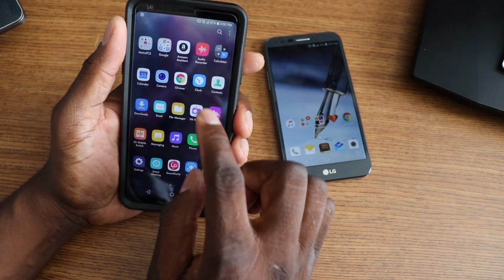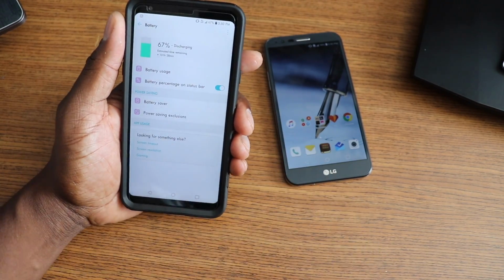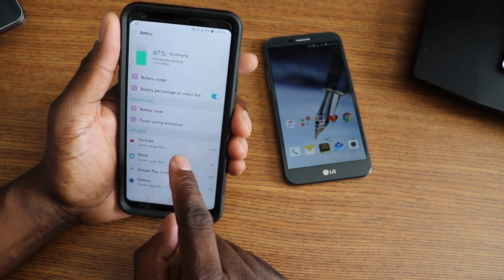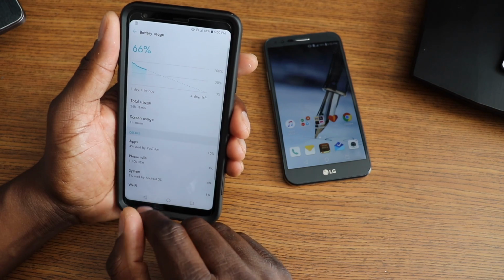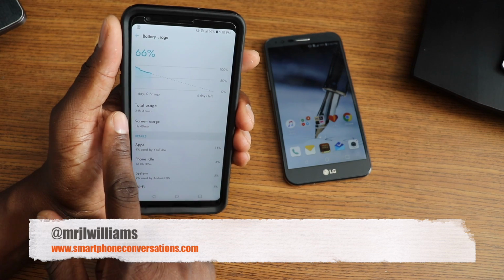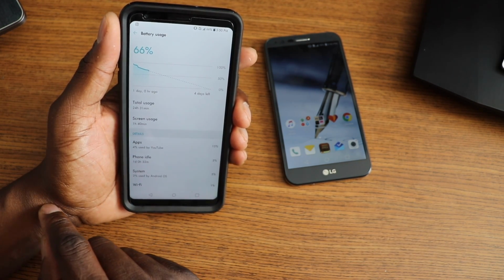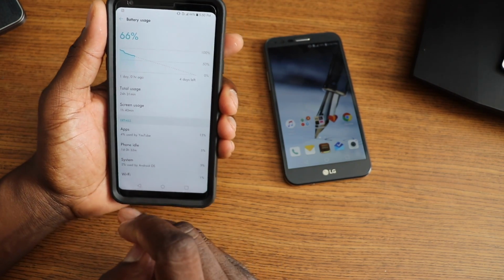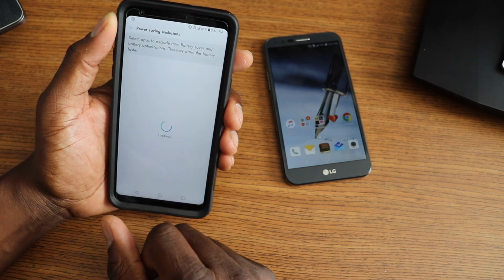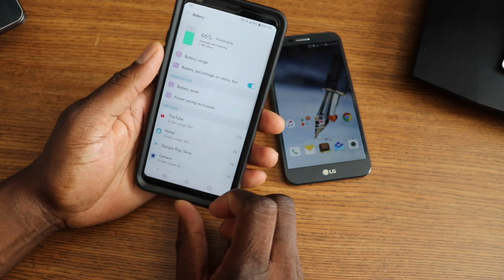Let me show you the battery life. I've been doing a lot of media, so I didn't even check the screen on time or anything like that. So let's see. YouTube today. Battery usage. So screen on time is 1 hour and 40 minutes. Total usage has been over a day since I last charged it, I believe. And then it's saying I have 4 days left, but I don't have 4 days left. That's definitely not correct. Power saving exclusives. I didn't even click in here. Oh, select apps. Okay. Yeah, no. So yeah, but this is